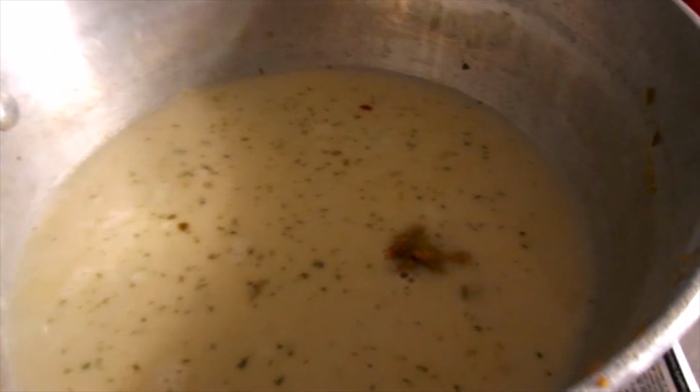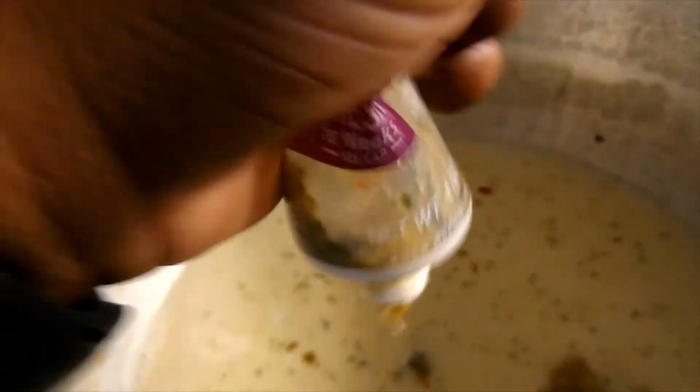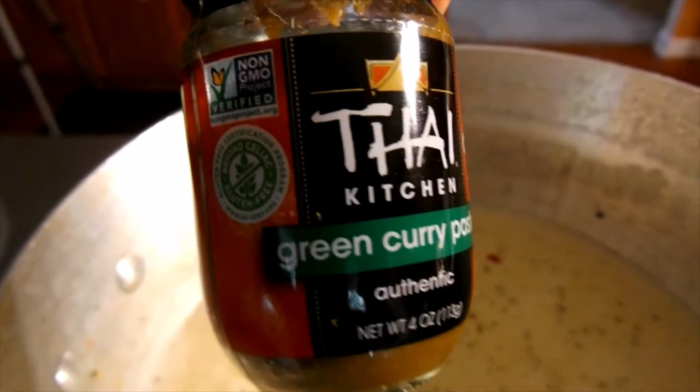All right, y'all. Had to switch cameras. All right, so I am gonna add the rest of this Thai seasoning. I probably added a total of maybe 3 tablespoons of this. So I added 3 tablespoons of the Thai seasoning, and I just added an additional 1, so that gives me a total of 3. And so now